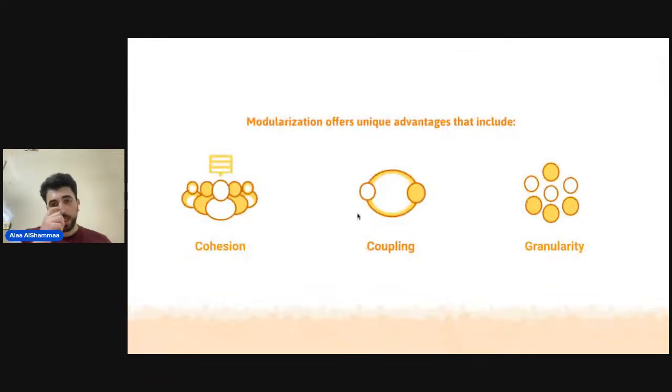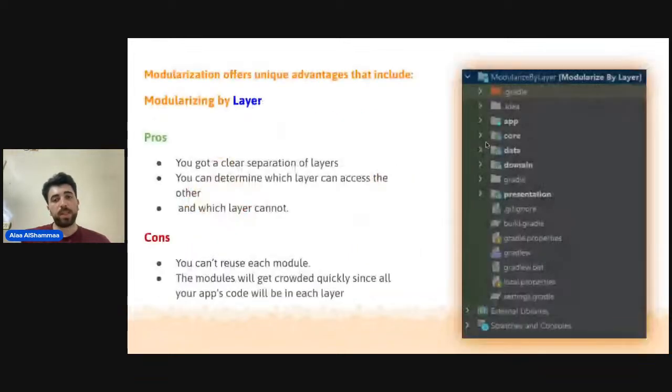For coupling, we can see that this architecture, or this method of modularization, is actually tightly coupled. In other words, if you modify the public interfaces of the domain layer, that will affect the presentation layer. If you modify the public interfaces of the data layer, then you will affect the domain layer. And in that way, we don't have a check for the coupling.